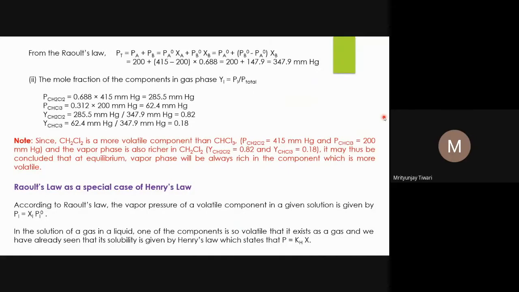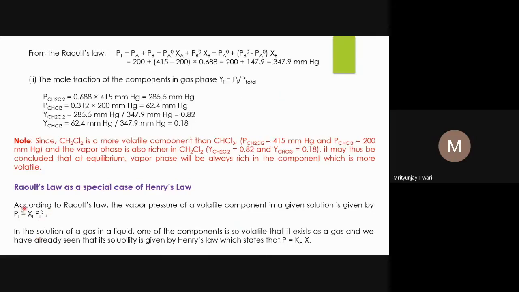We also saw Raoult's law as a special case of Henry's law, where we looked at the dissolution of a gas into a solvent. That is, the gas is there, and what amount of that gas will be in the solution phase is given by the mole fraction. The same mole fraction we saw in Raoult's law, where we took a volatile component and its vapor pressure, and the liquid evaporates into the gaseous phase. So it's just the opposite thing, but the equations given by Henry and by Raoult are quite similar.